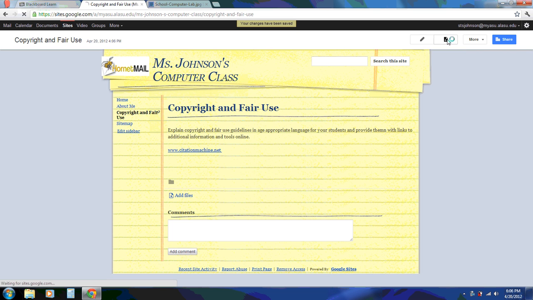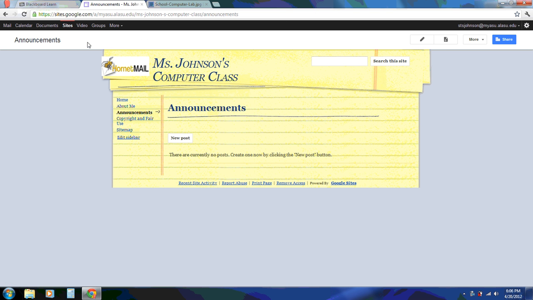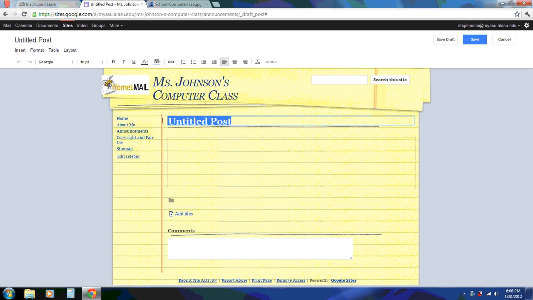The next page that we're going to create is an announcements page. Now, I need you to make sure that where it says select a template to use, in this case, we're going to choose an announcements template and then click create. Notice this looks a little bit different. We have a new post button that I will want you to create a new post. For example,